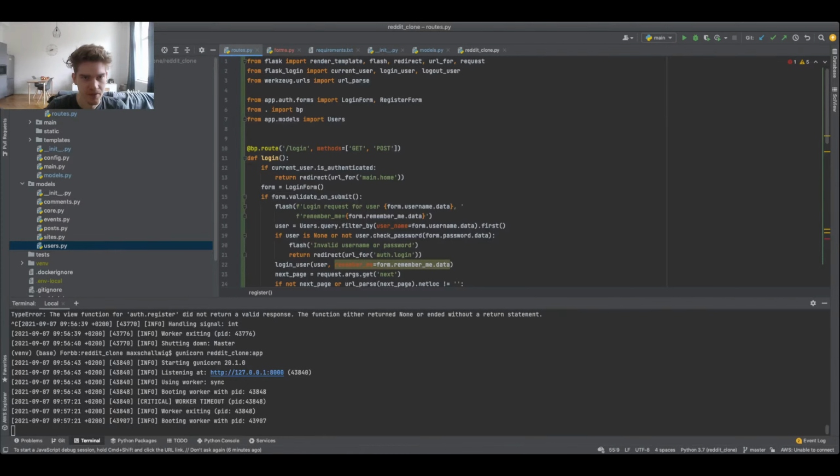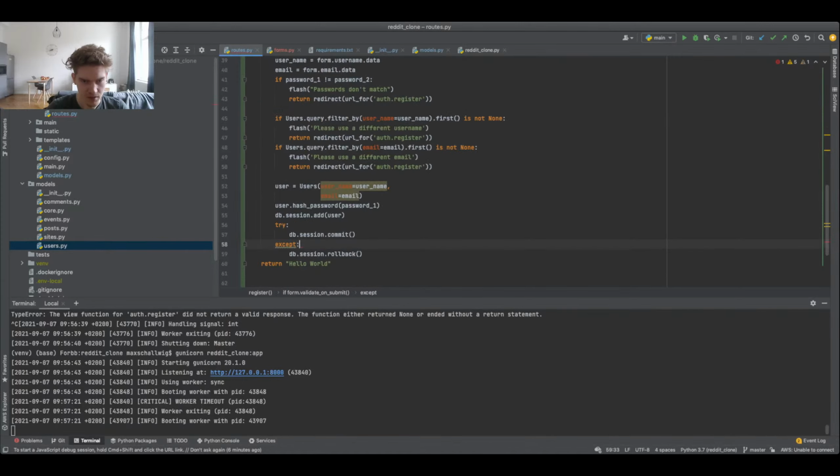So we're going to try to create this user, except db.session.rollback, and we're going to flash, error encountered while creating the account. And maybe for now, we're just going to catch the general exception without doing specific cases. And we're going to import logging. Where were we? logging.error